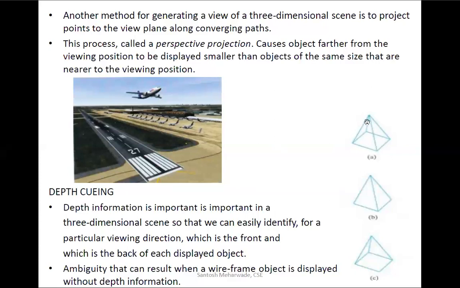Whether this particular polygon is in this way, or it is in this way. I want you to see this particular figure. You are going to get a kind of illusion. Sometimes this polygon looks like it is on the bottom, sometimes it looks like it is on the top. Why? Because here we can see some kind of ambiguity. Every edge of this object gives confusion about which is the near one and which is the far one.